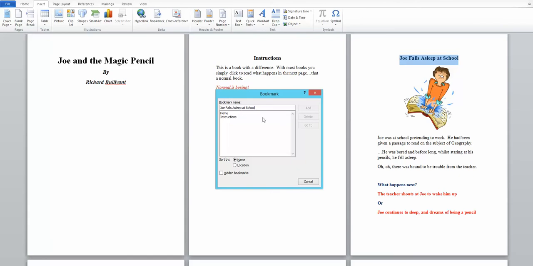Now I should point this out, if you find you can't click on add here, it continues to be grayed out. The reason for that, it took me ages to discover why that wasn't working, is it needs to have no gaps in between the words. Okay, it didn't happen before when we had home and instructions, but when you've got a longer title, particularly if you've copied it,